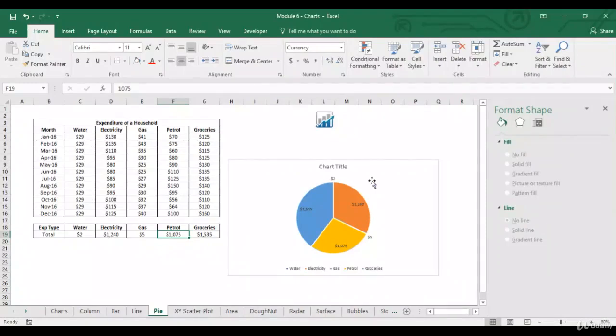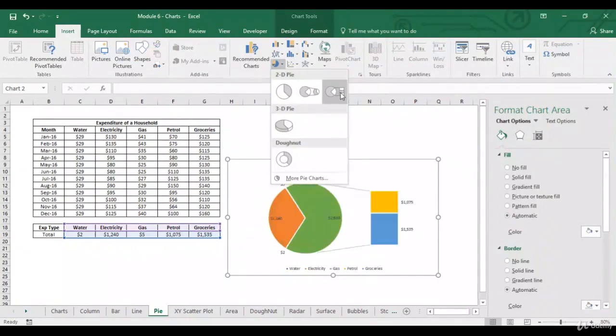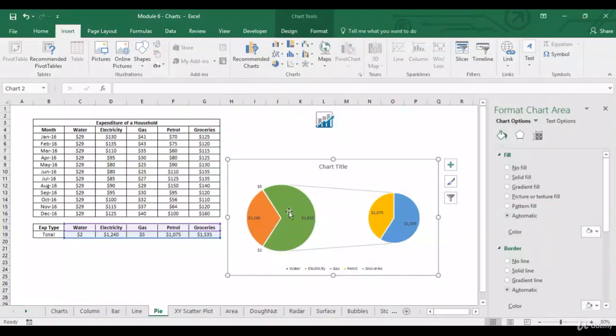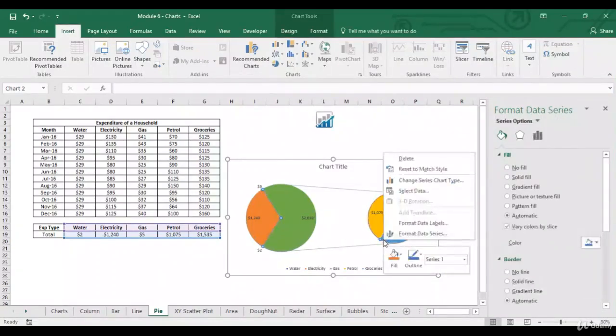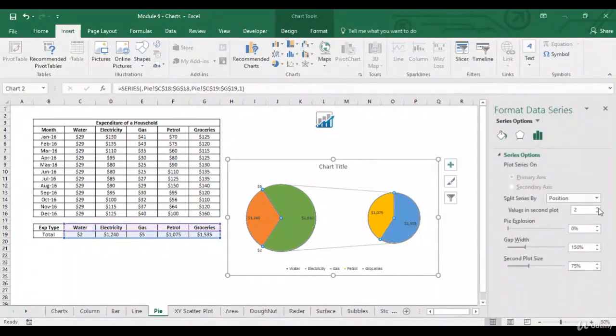So what I can do is I'll select this chart, I'll go to insert, I'll click on pie. What it does is it combines two different series over here and makes a separate chart of it. So over here I want to make a separate chart of 2 and 5. So what I can do is I'll do a right click, format data series. Values in second plot need to be 2, and which values